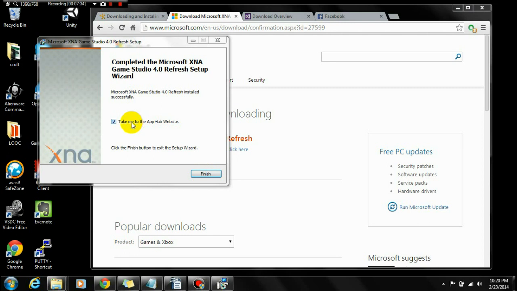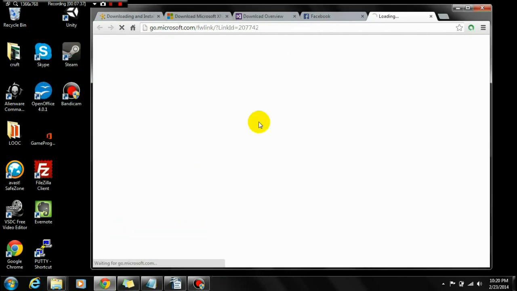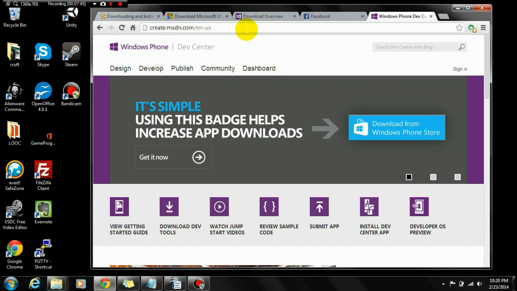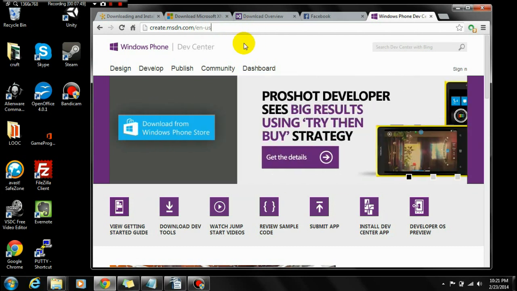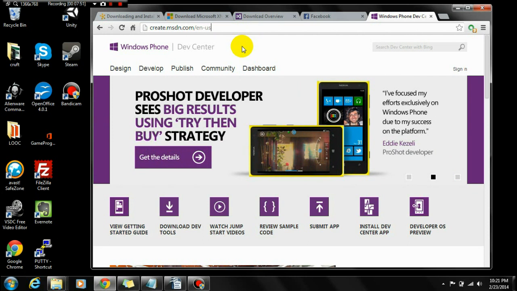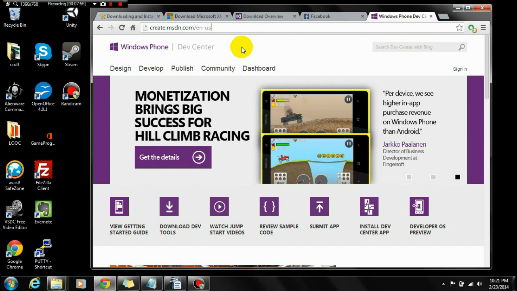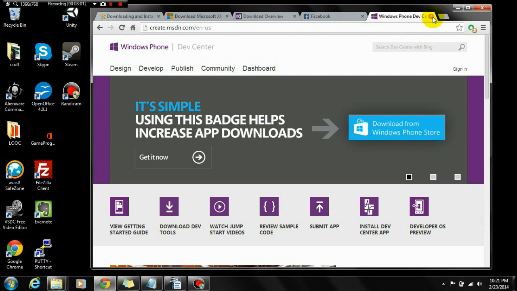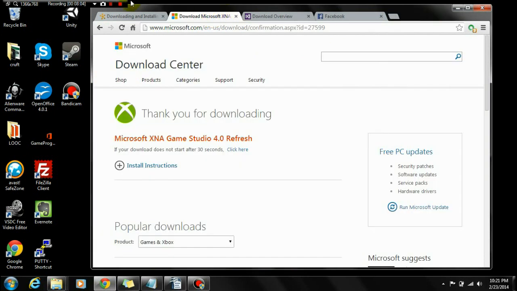You can take a look at the AppHub website if you would like to. Basically, what AppHub is, if you just go to it, it's going to unfortunately give you the wrong page there, but it should redirect you to the Dev Center. This is currently redirecting us to the Windows Phone Dev Center, which is possible with the new XNA Game Studio as well to deploy to phones. We will cover that later in the course. So for now, you can just click and go to